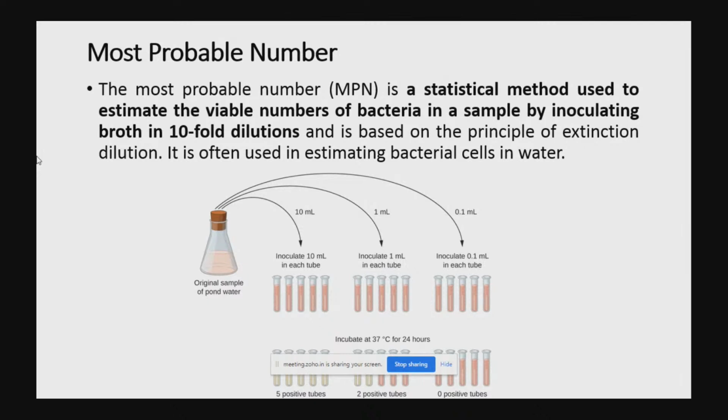But the pharmacopoeia suggests that the most probable number, the MPN method, is not advisable as compared to membrane filtration or pour plate techniques, because the consistency of the result is not good compared with the spread plate, membrane filtration or pour plate techniques. So it is not an advisable method to utilize for routine pharmaceutical testing.